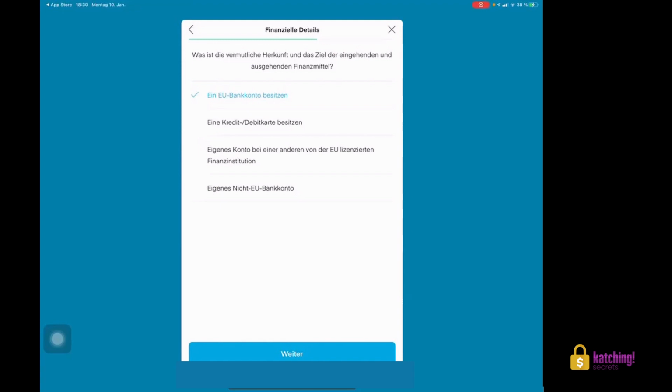If you want to fund the account, so if you want to bring money into the Trading 212 account, what would be the main vehicle to do that? So the main source, if you're transferring money by bank transfer, just choose bank account, but keep in mind that it takes up to 2 or 3 working days until the money arrives. And if you're choosing credit card, then you can